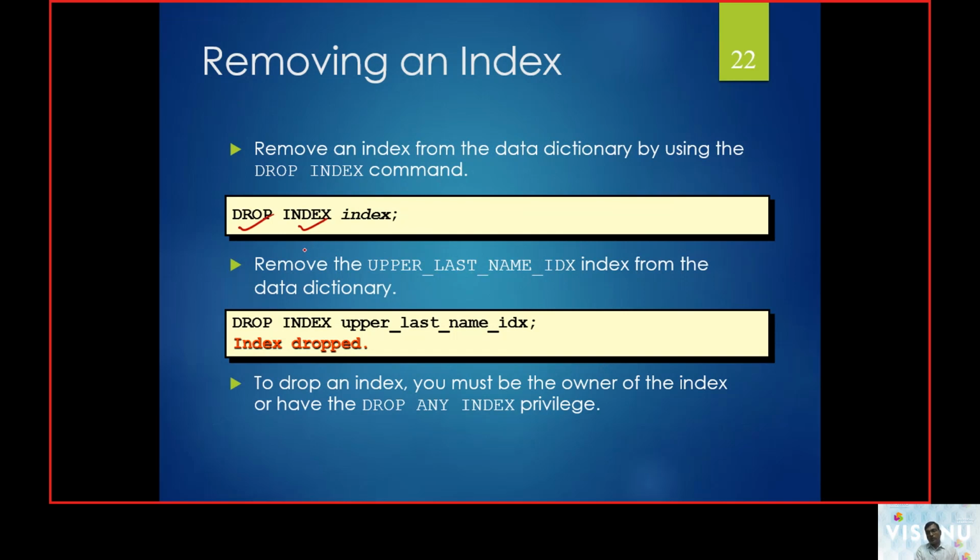To drop the database object called an index, we say drop index followed by the name of the index. So we created this upper last name index for the first last name value.